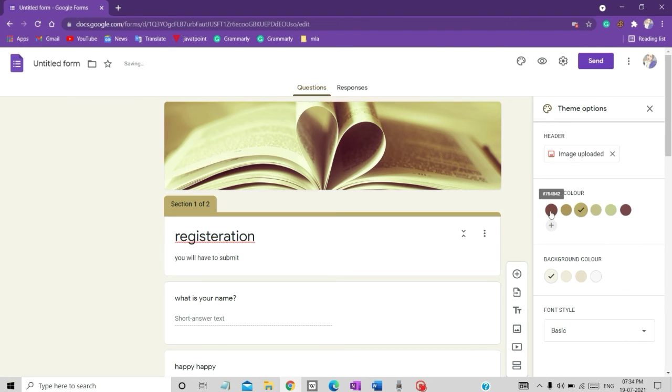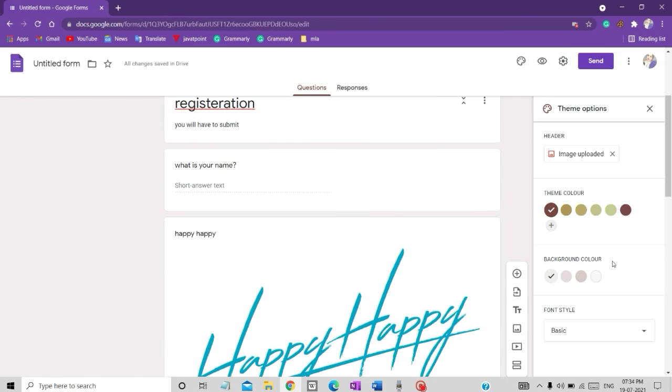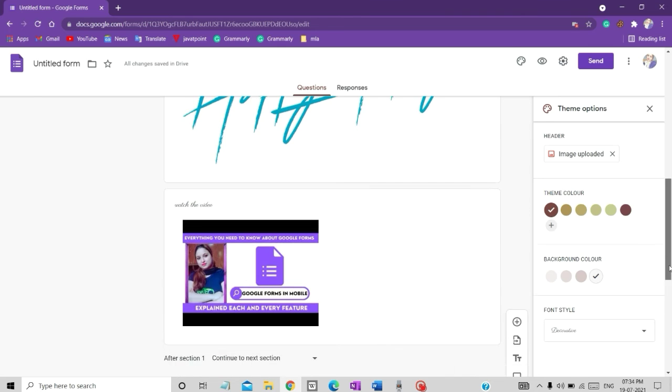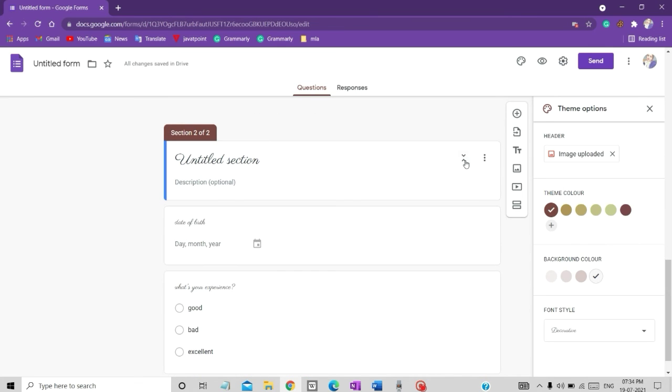So after that, I can choose any theme color. For example, I'll choose this brown color here, and background color, for example, I'll choose this white. Creamy color, then I'll choose this decorative as my font. Okay, so this form has been created like this.